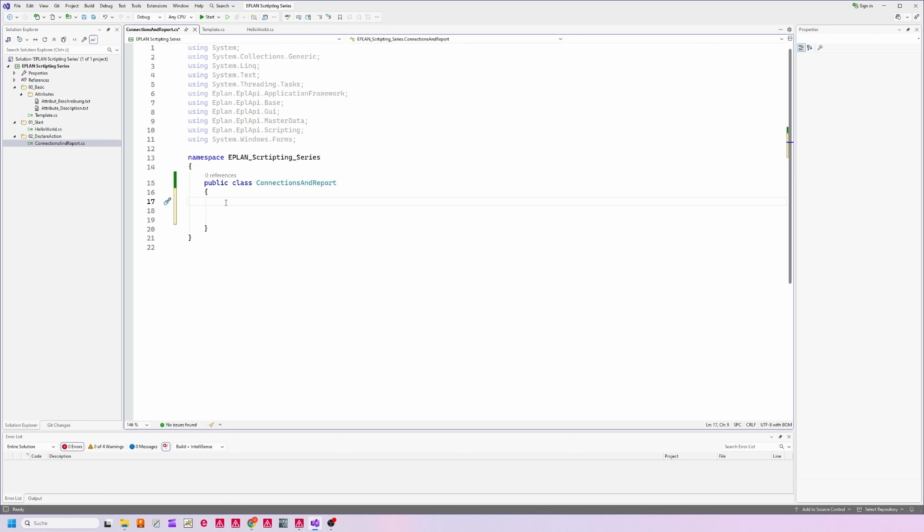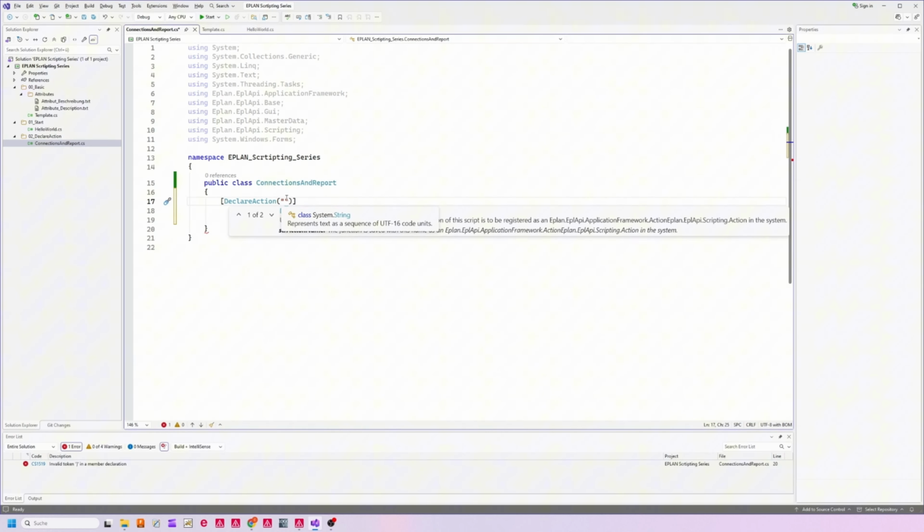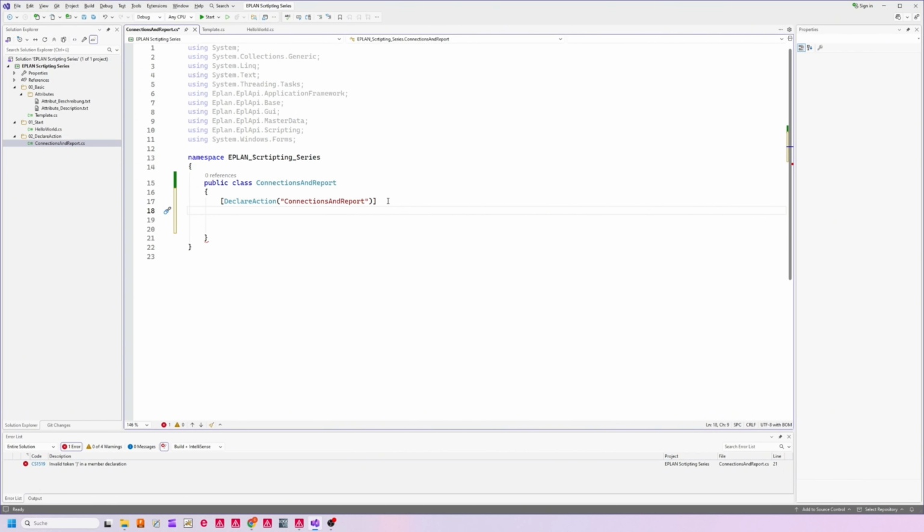And now we use the attribute DeclareAction. Between the brackets and under the quotation marks, we write the name of our action. I call the action exactly the same as the name of our C# file. And now we need a function. We say public void, and